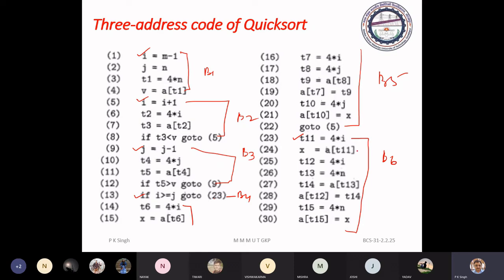And if you see the control flow, B5 goes to B2, because 5 is the beginning leader of the goto, as well as here 22 goes to 5, B5 to this. Here you can see B3.